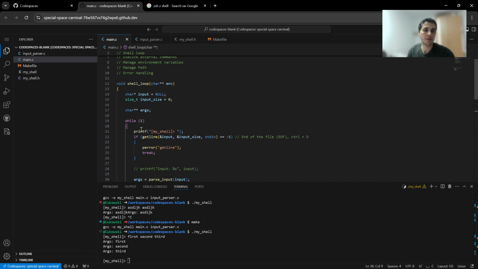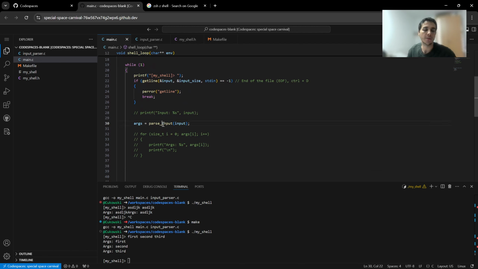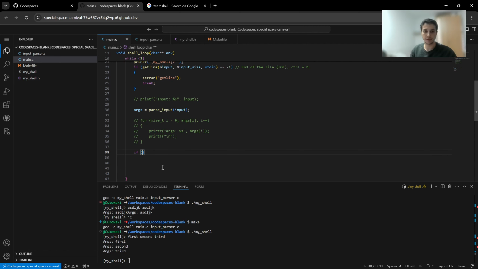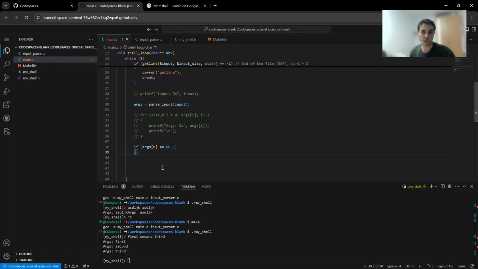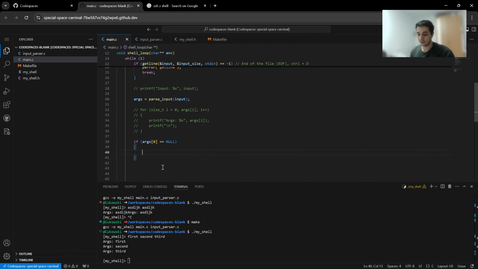In our while loop, we see that our input is parsed into arguments. So first, as long as our args is not empty, which can happen if the user enters an empty command,